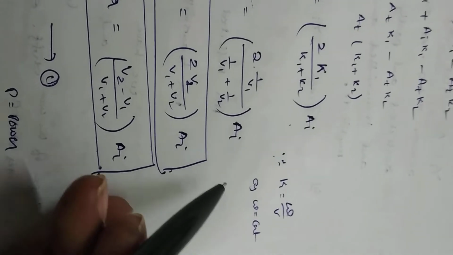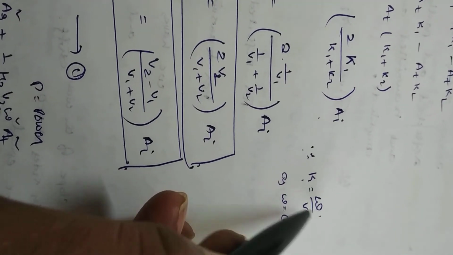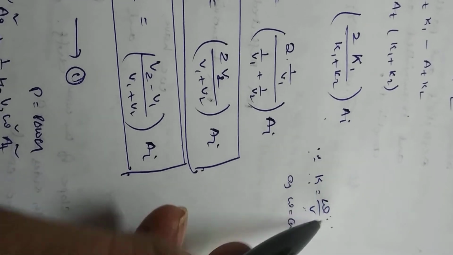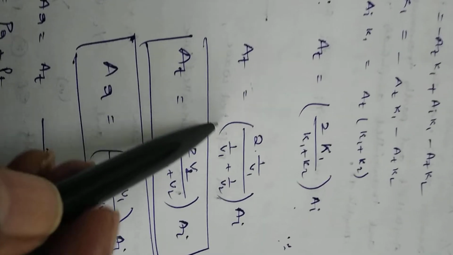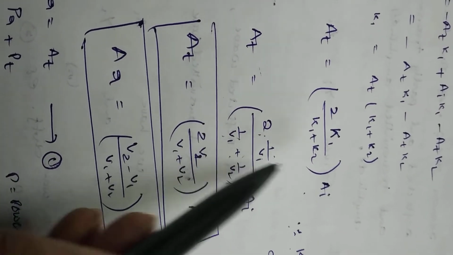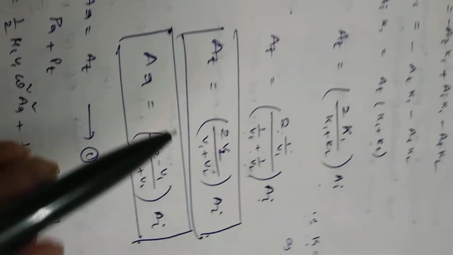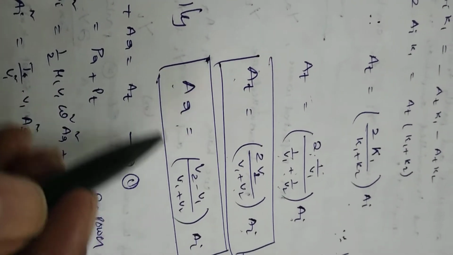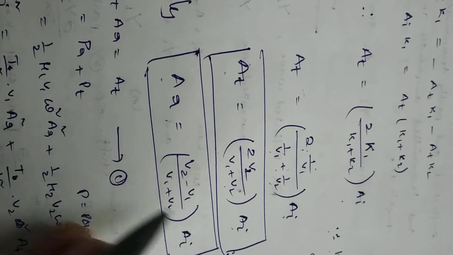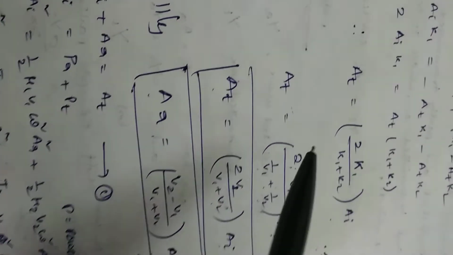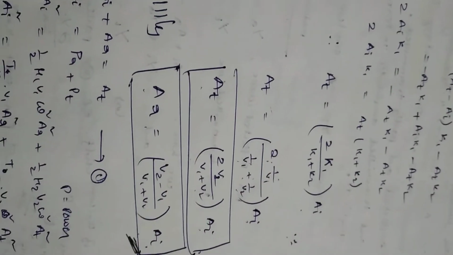Again, you know k is the propagation constant, k equal to ω by v, where v is the wave speed. As ω remains constant, k is proportional to 1 by v, so k1 is replaced by 1 by v1 and k2 by 1 by v2. On solving this, At is equal to 2v2 by (v1 plus v2) into Ai, and similarly Ar can be written as (v2 minus v1) by (v1 plus v2) into Ai. These are very important formulas, but all these derivations are not needed for us.